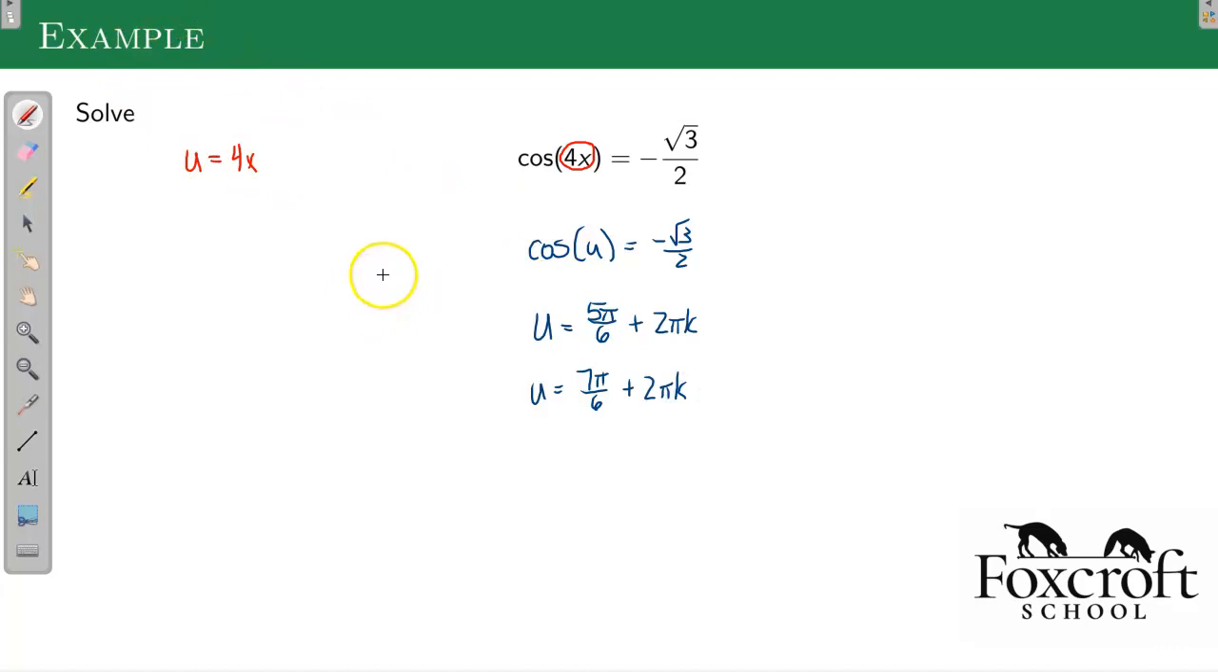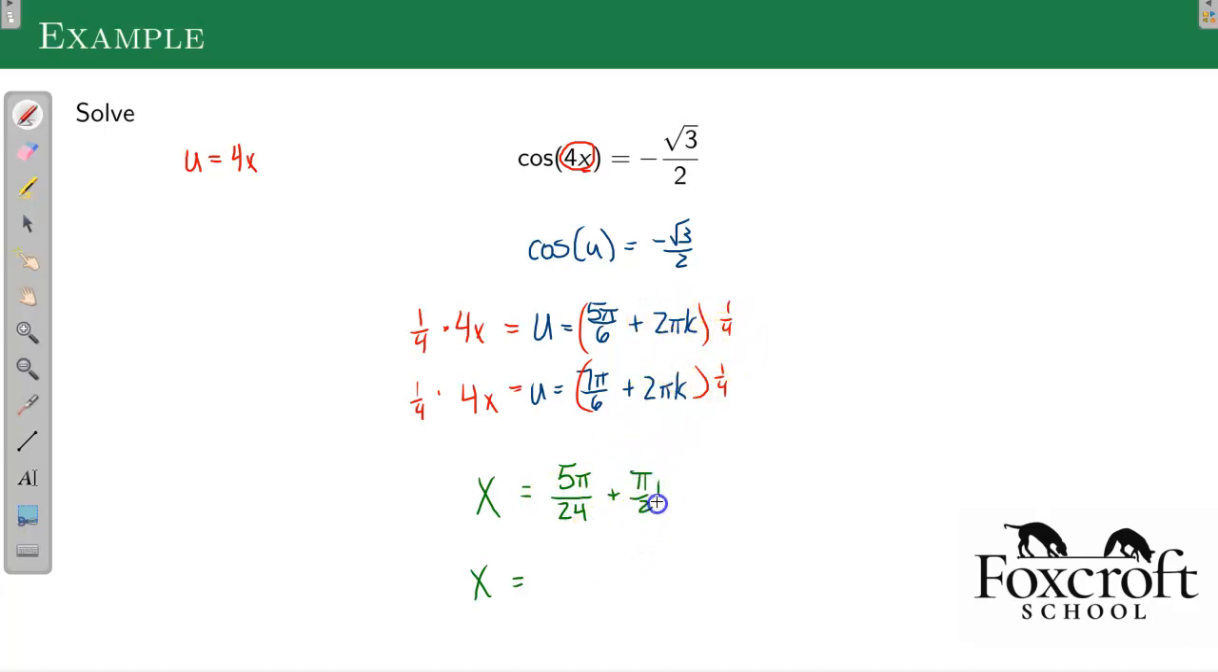Now I have to remember, I don't want to solve for u, I want to solve for x. So u is actually a placeholder for 4x. How do I get rid of the 4 so I can get x by itself? You can divide by 4. In this case, because there's a fraction involved, I think about multiplying both sides by 1/4. All right, so now I'm going to get x all by itself. This first angle is going to change from 5 pi over 6 to 5 pi over 24. For 2 pi k, the 2 and the 4 are going to become a half. It's going to be pi over 2 k. Just multiplying everything by 1/4, 7 pi over 24